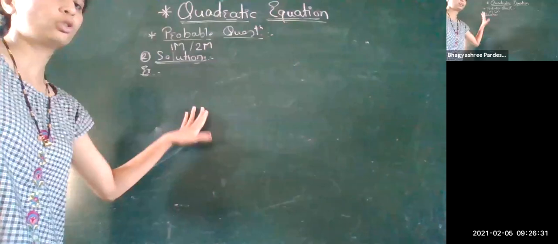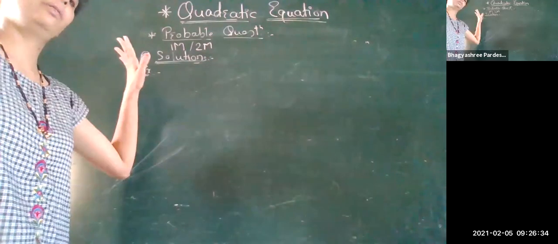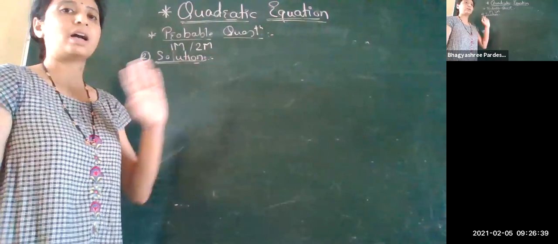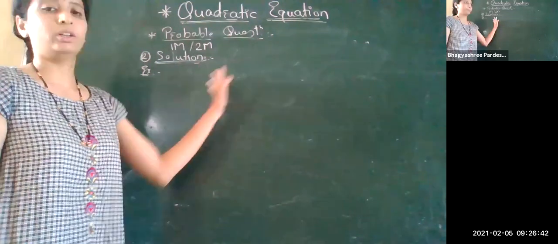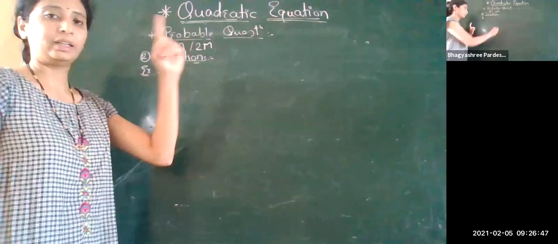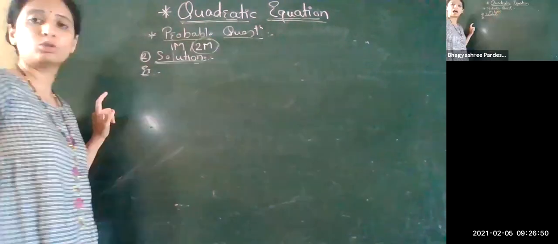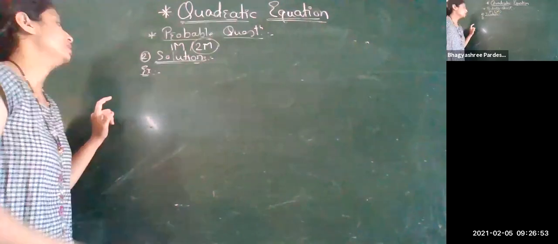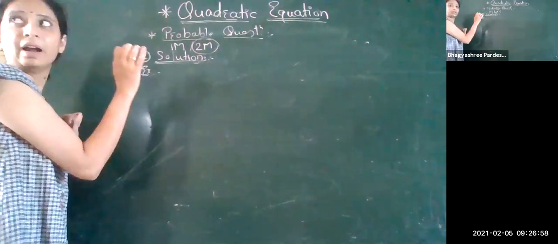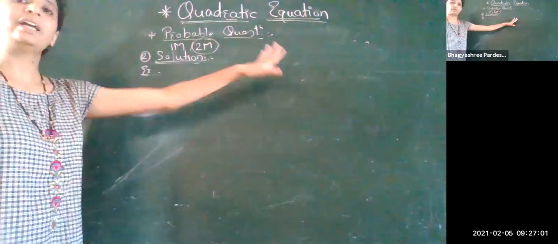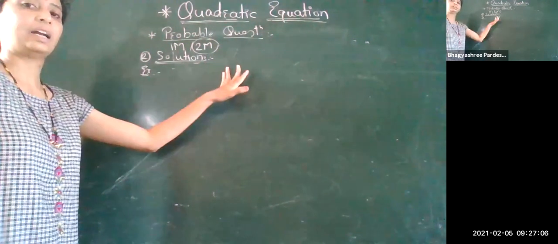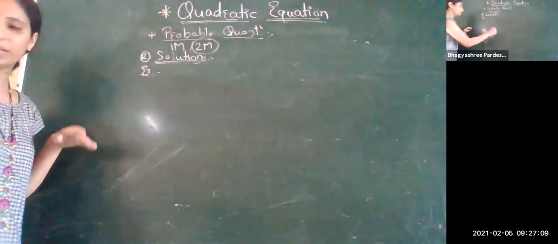Yes, this is the simple thing. If the quadratic equation is the easiest one, the question can be asked for 1 mark, or it can be asked in the MCQ also. What is the solution of the given quadratic equation? And you have to choose from the given options. Again, if it has to be asked for 2 marks, sometimes any quadratic equation will be given to you, and along with that, values of x are also given, and you have to see whether these values satisfy the given quadratic equation or not. So the question can be like this.